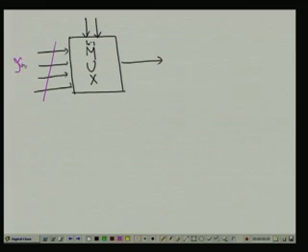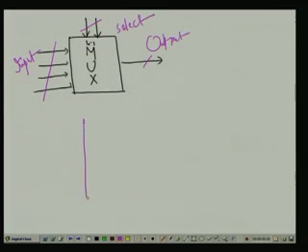So, these are my multiple inputs, single output, select lines will be n. Now, if it is a demux,